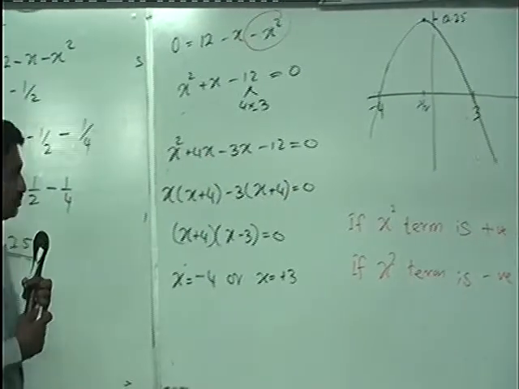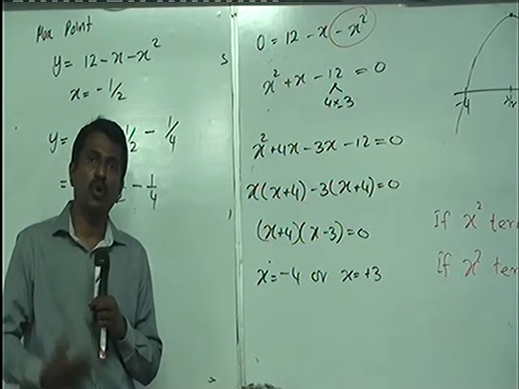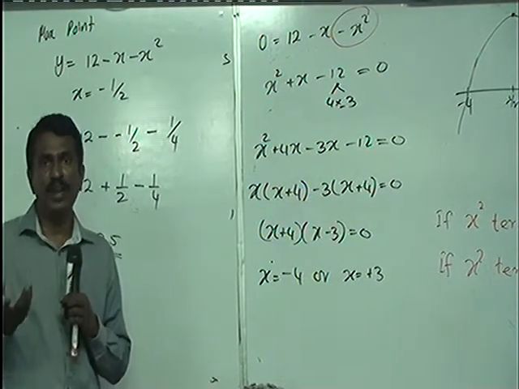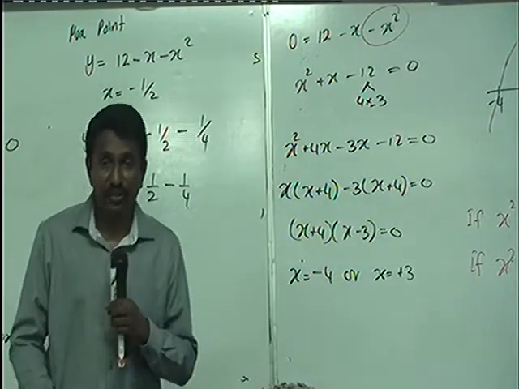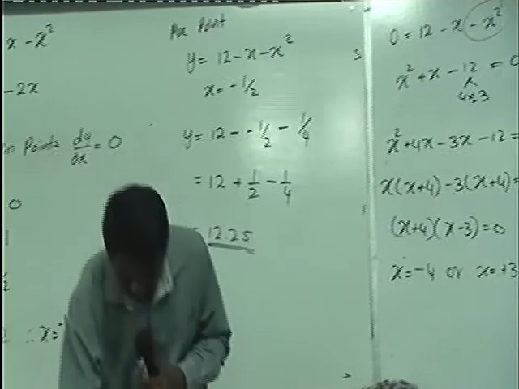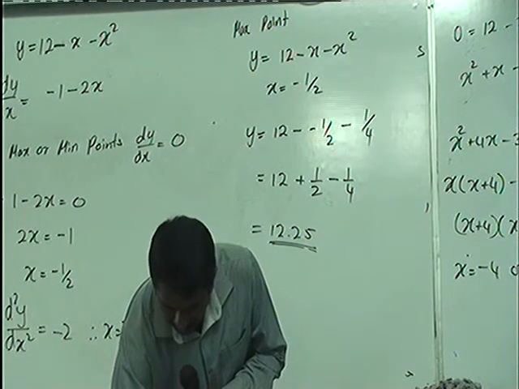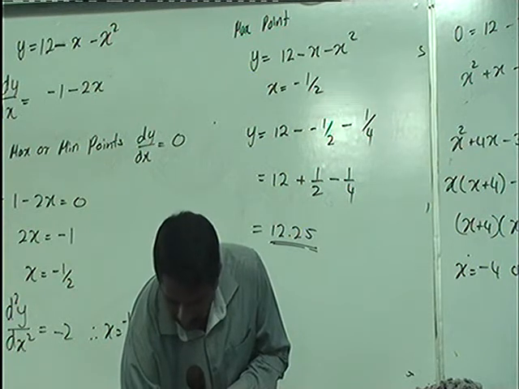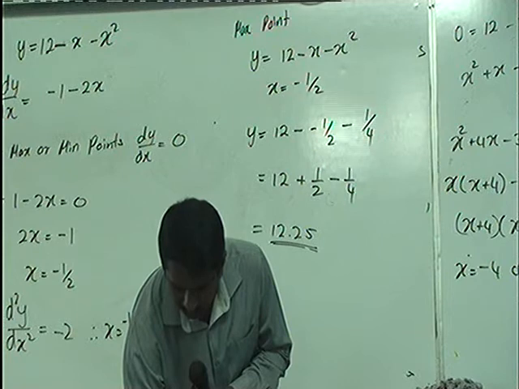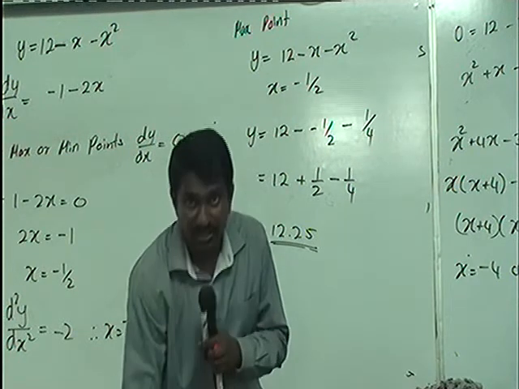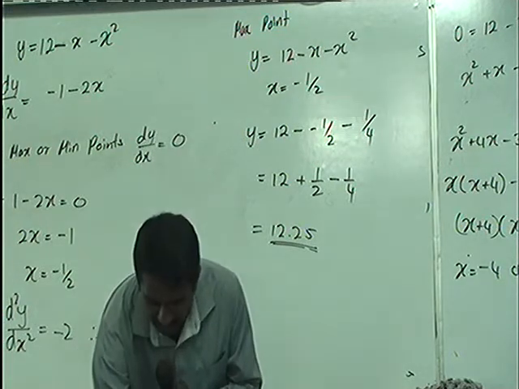The third one, the same graph, it can be both points, maximum point and a minimum point. Both points are possible. So we'll take one of the questions in your handout, page number 16. Kindly go to the question number 2. Just differentiate this function for a second. Differentiate this function and equal it to 0.